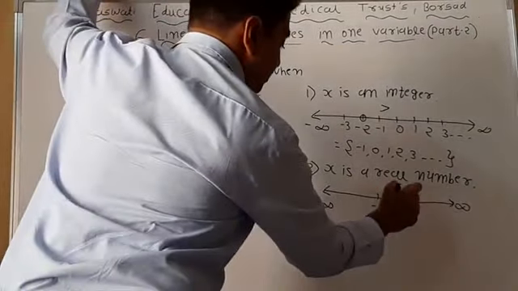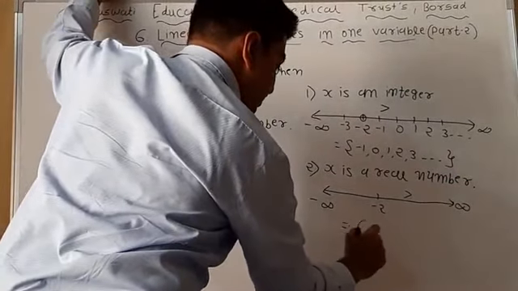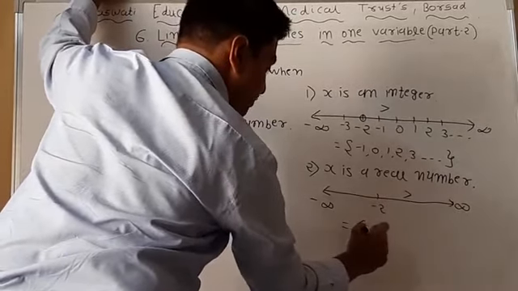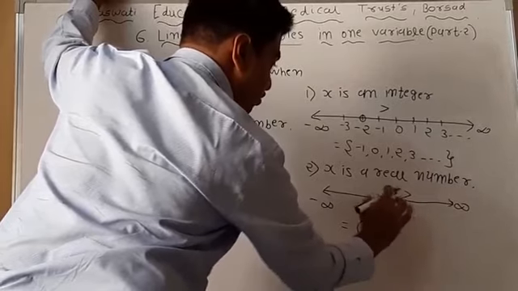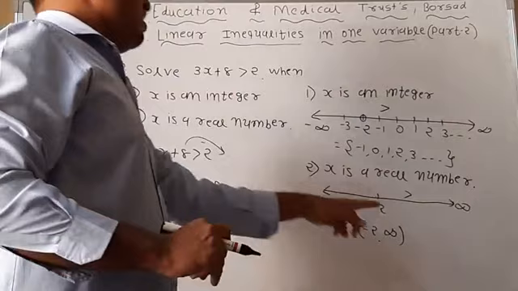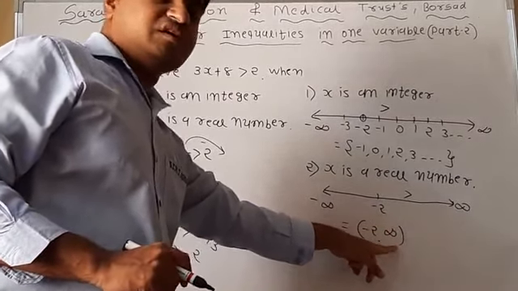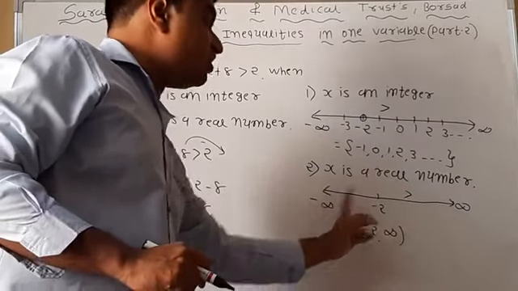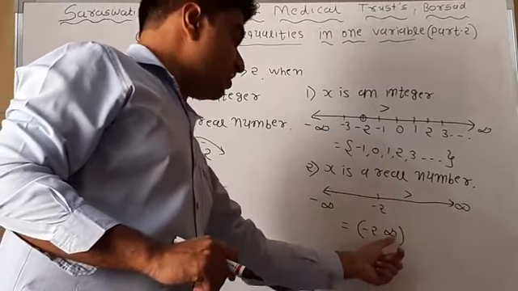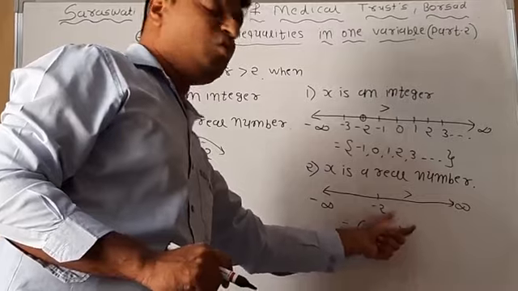So how can it be represented? Our answer is represented as an open interval. The greater than form is present, so the open interval is minus 2 to infinity. Now always remember, in the case of infinity, we always write a small bracket. We cannot use a square bracket on either side, negative side as well as positive side. In the case of infinity, always write a small bracket.